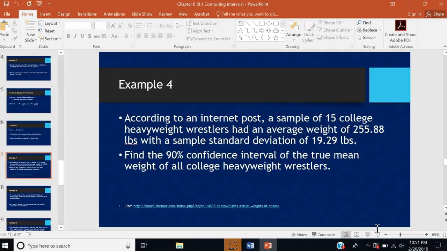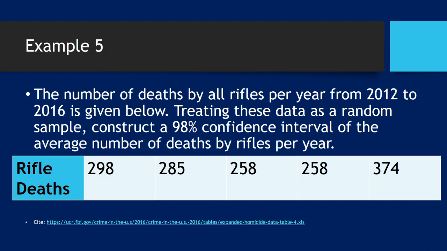Let's look at another example. And this time, we're going to use some data instead of using statistics. So this says that the number of deaths by all rifles per year from 2012 to 2016 is given below. So treating these data as a random sample, construct a 98% confidence interval of the average number of deaths by rifle per year. So these data show deaths by rifles. All right, now this is all rifles, so this is accidental shootings, shootings on purpose, lone gunman scenarios, all deaths by all rifles in those years. Okay,